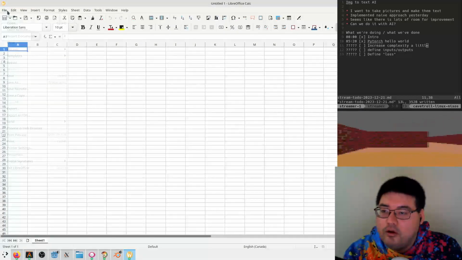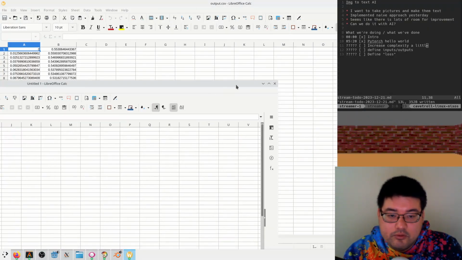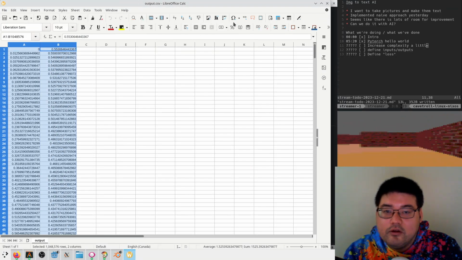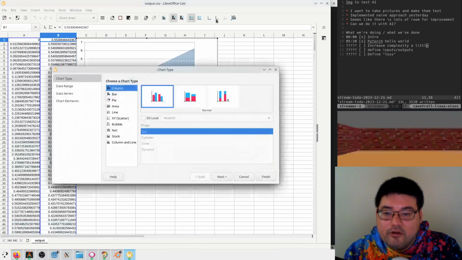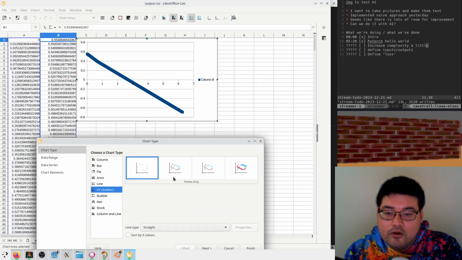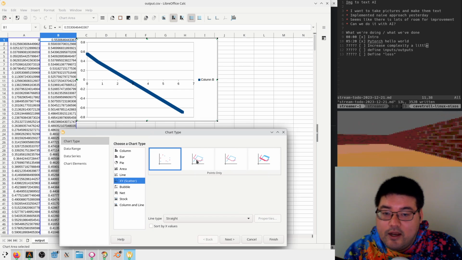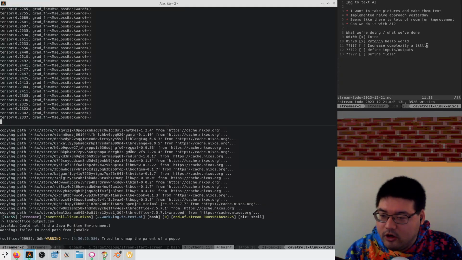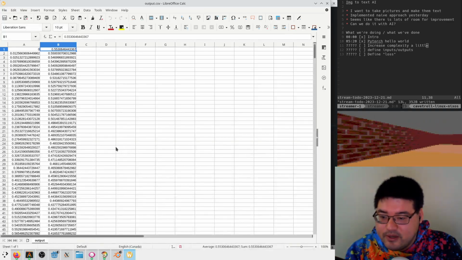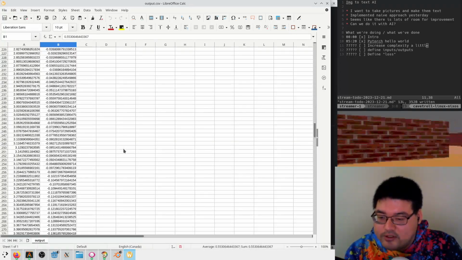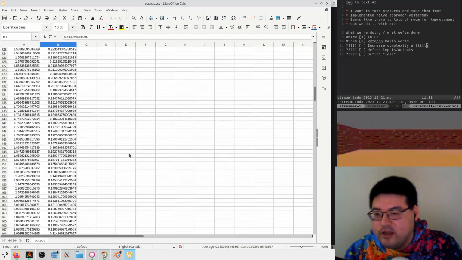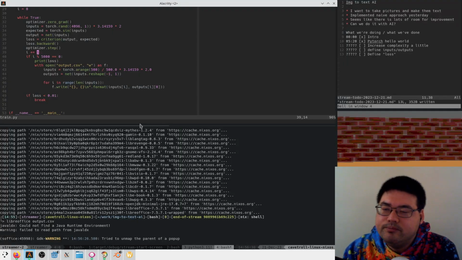Okay. What did I just do? I opened a new one by mistake. So let's see if this is any better. Graph. XY scatter. Not looking any better. So it looks like our network is not good enough, is basically what we're seeing. And you can tell pretty obviously by looking at these numbers, scrolling down, it's just not good enough. So